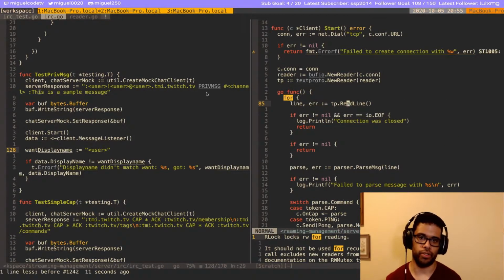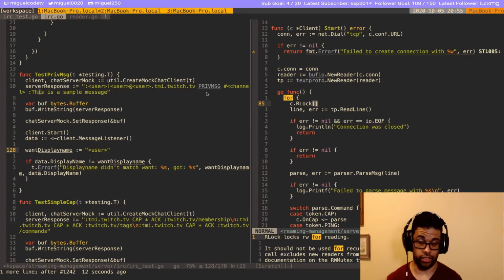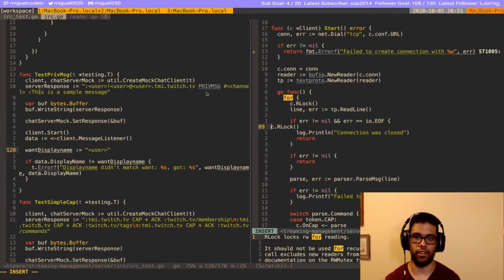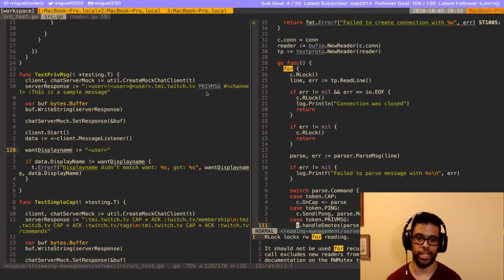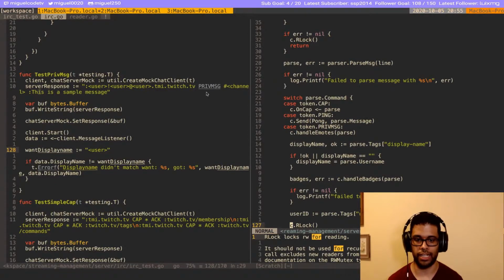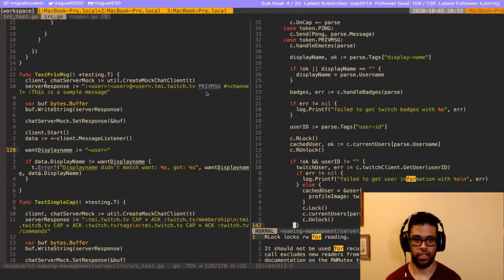There is a difference: a read lock lets you lock only when doing reads, so you could have like 100 different things reading from one place, and it wouldn't block, because you're only reading. The only thing that will block is when you try to take a regular lock.